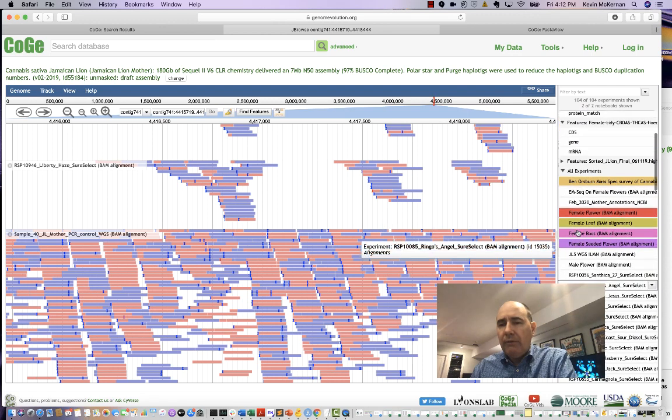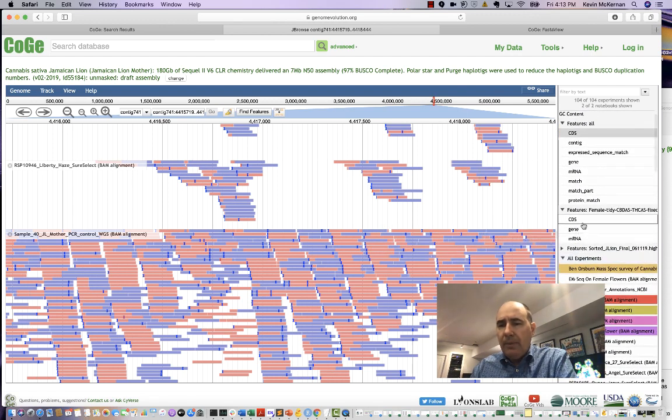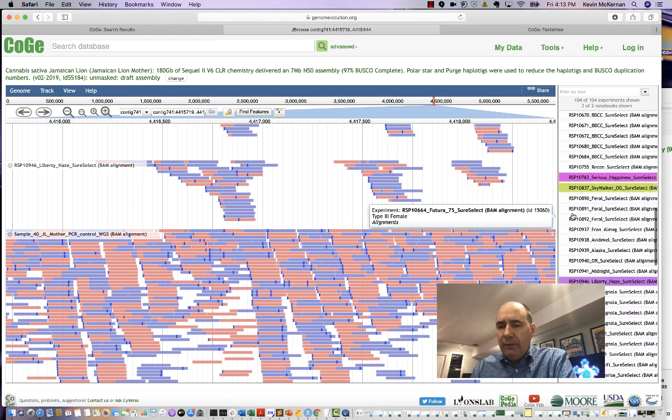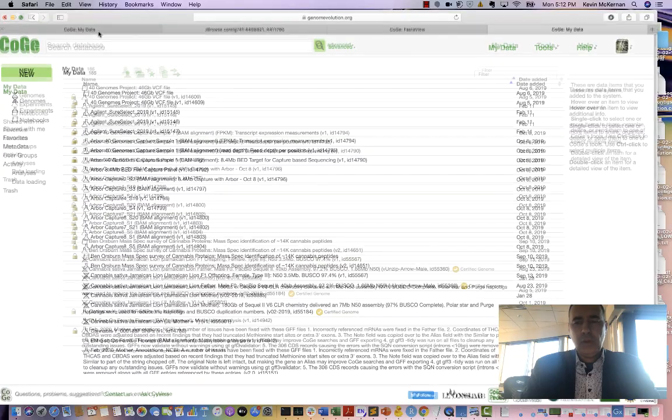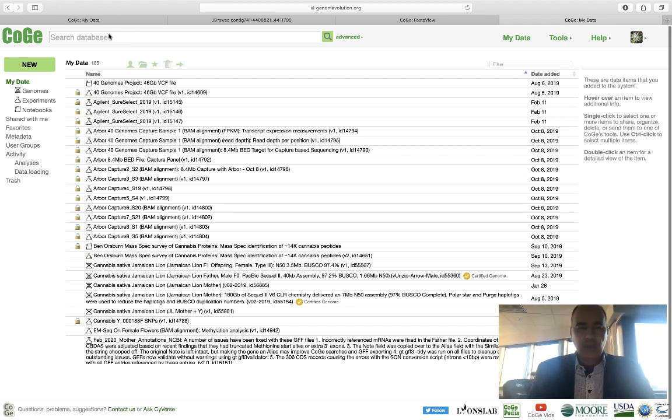Now let's talk about looking at variants. I think if you want to look at variants, we probably want to look at a VCF file. All right, so now that we're looking at your VCF file, I'm getting a little more serious here and putting on a professional look. But in all seriousness, now what we need to do in CoGe is to actually load